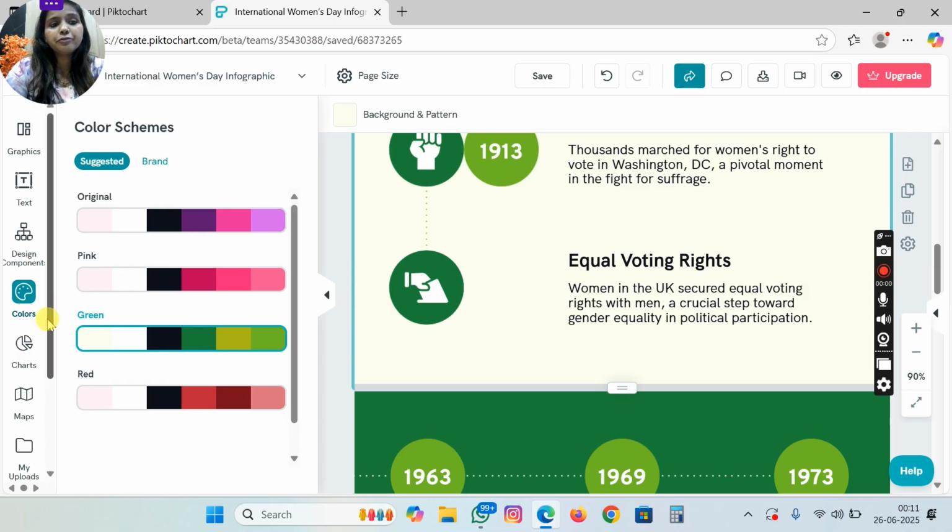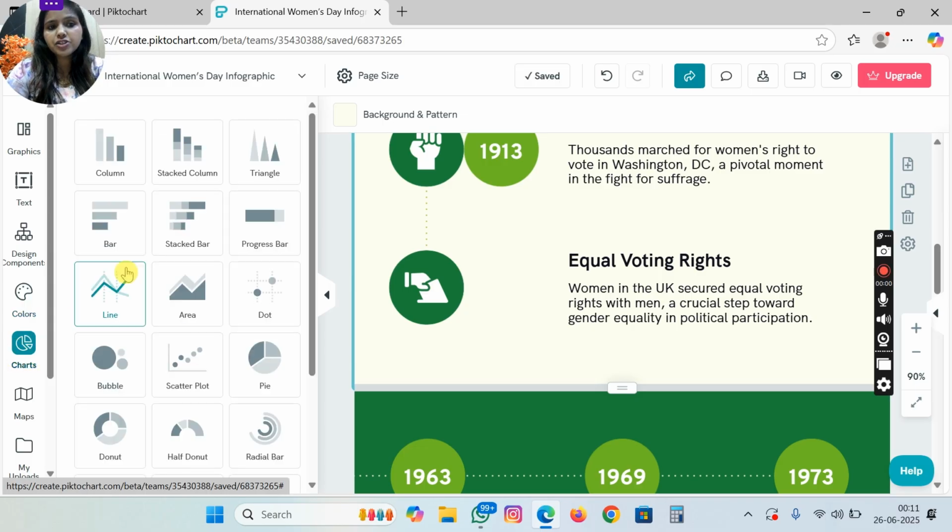After this, if you want to add any chart, like we use a chart whenever we want to show some meaningful data to our users or to someone, Piktochart makes that data look great.